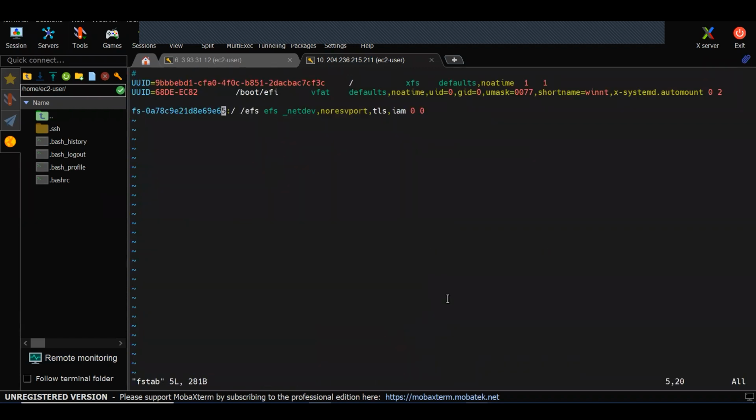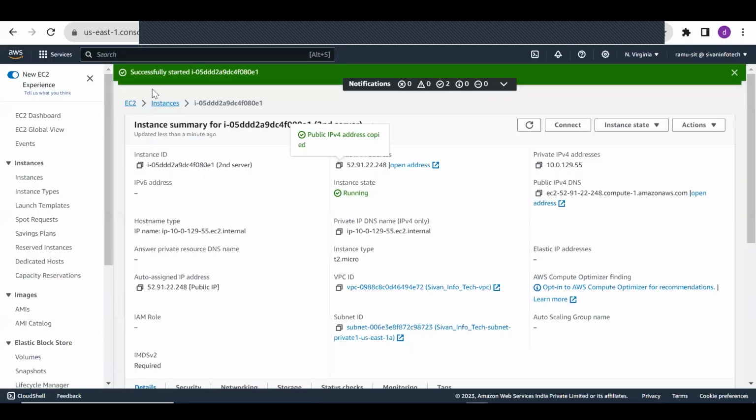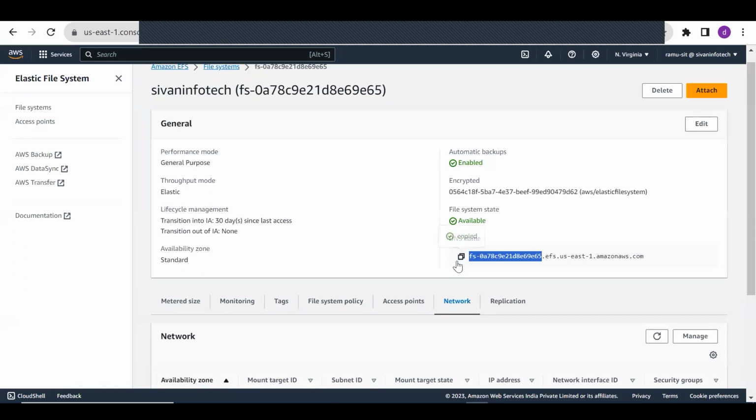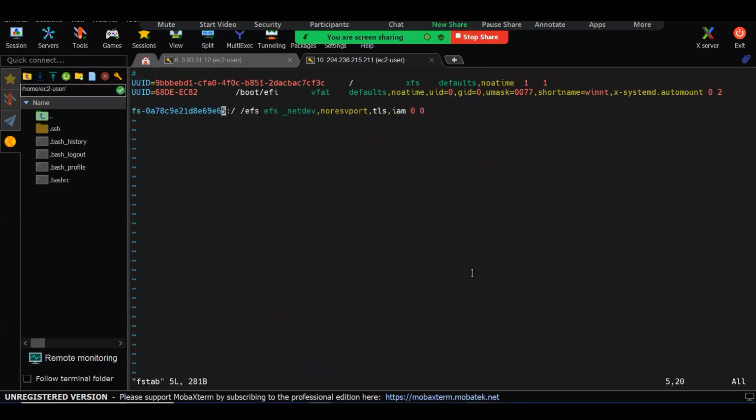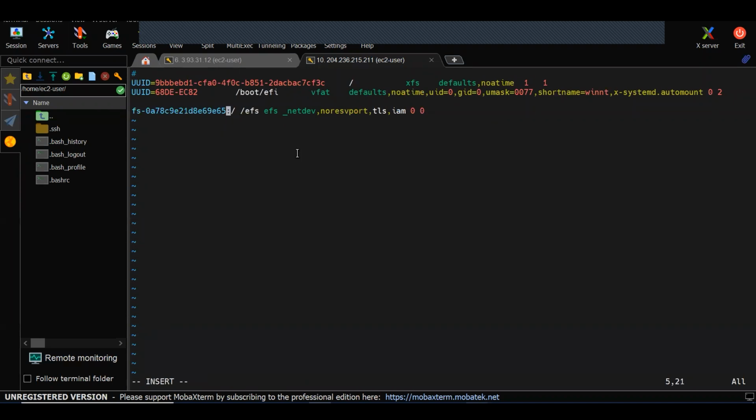Looking at the EFS tab, what we need to do is take the EFS mount ID, the DNS name, all the things that are there. Just copy this one, not only that ID, and add it over here. Then we'll check it now.